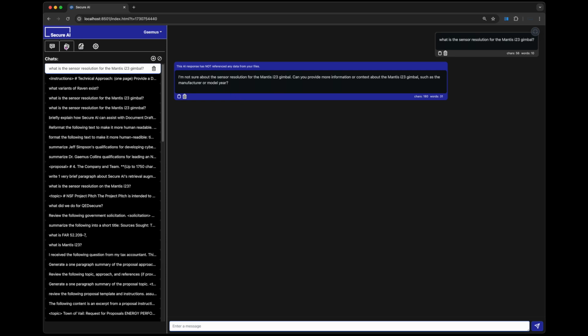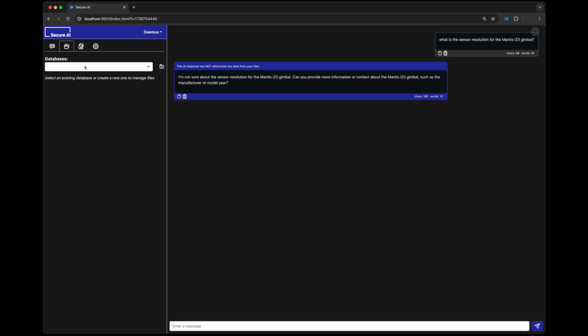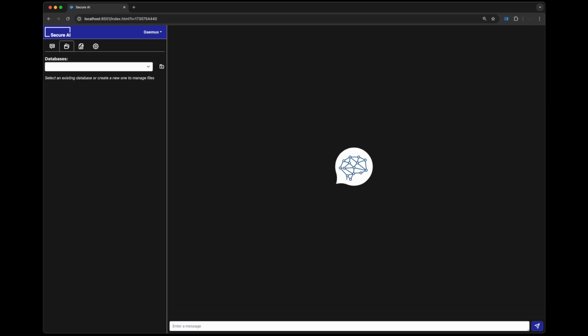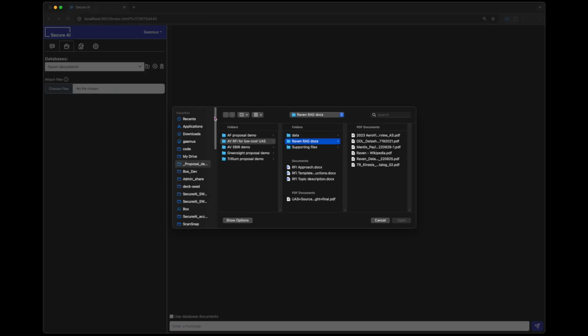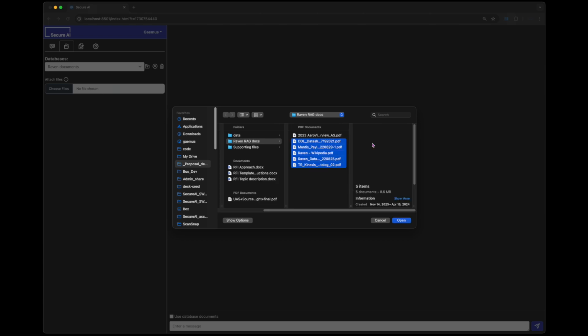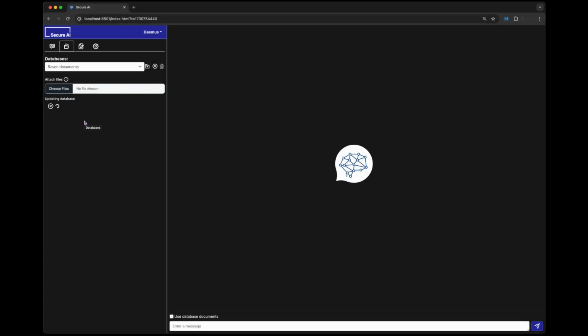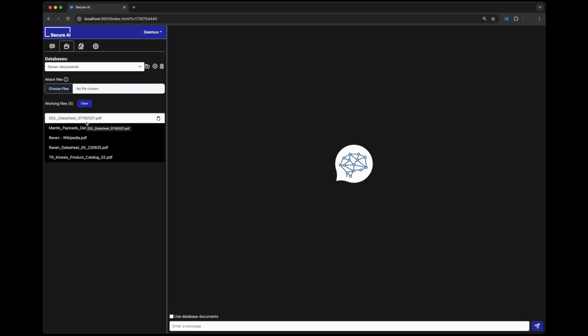In order to help it answer that question, I'll move to the second tab and pull in some product documentation from my own documents. I'm going to create a database here. Once I hit enter, I'll have the opportunity to add files. These files will get indexed into a database, and then